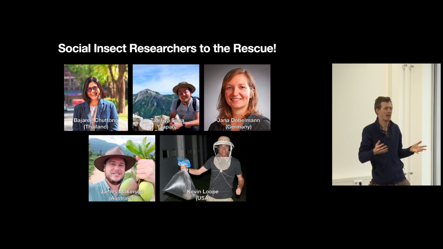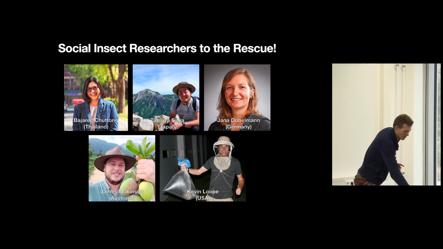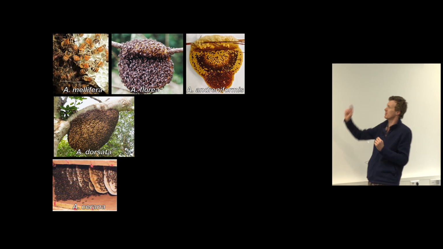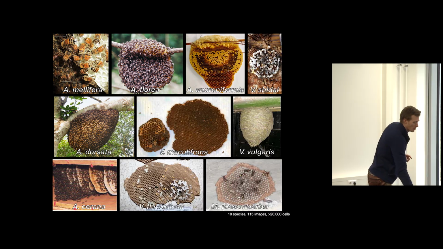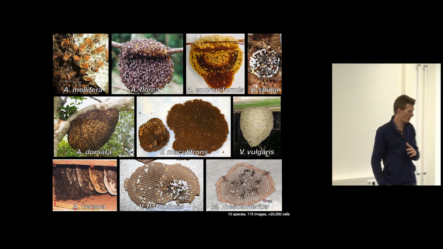But fortunately, I just had a kid at the time, so I had no brain power, but I could click on a lot of images. And so that's what I spent my parental leave doing, while rocking a kid with one foot. But with this, we were able to get 5 species of Apis: mellifera, florea, andreniformis, dorsata, and Apis cerana, and then also 5 species of social wasps.